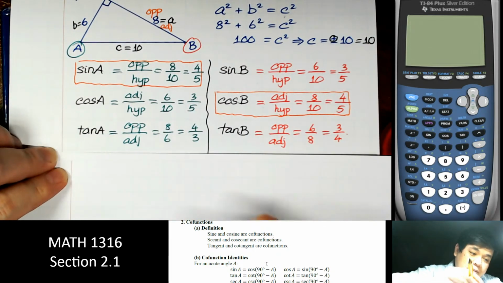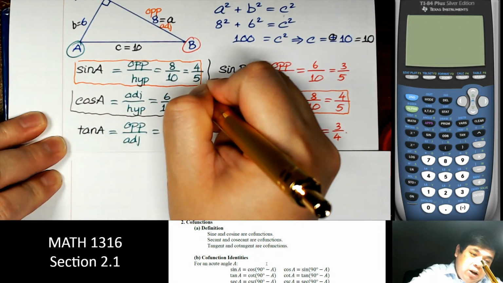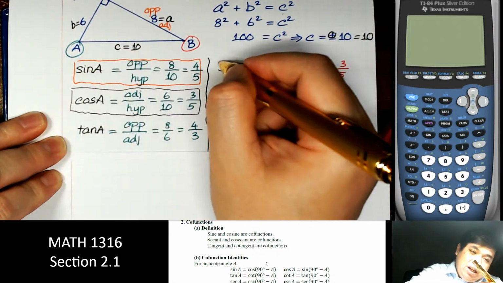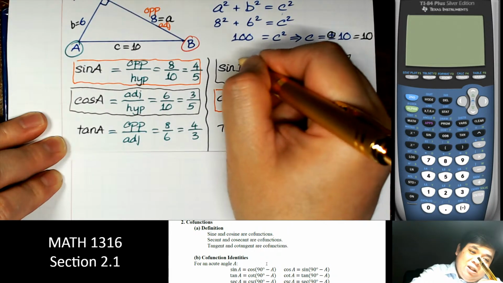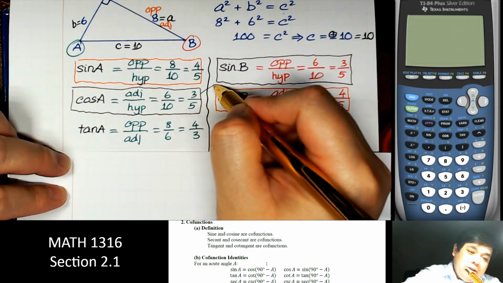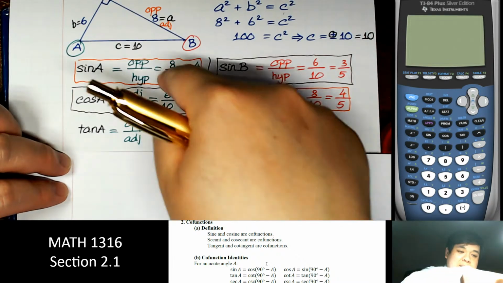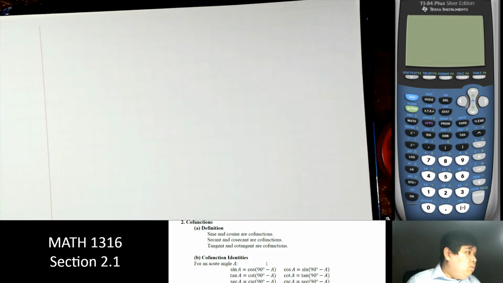Likewise, cosine of this one is equal to sine of the other one. Right, so those two are equal. And those two are equal. Yeah, because we're switching the role of